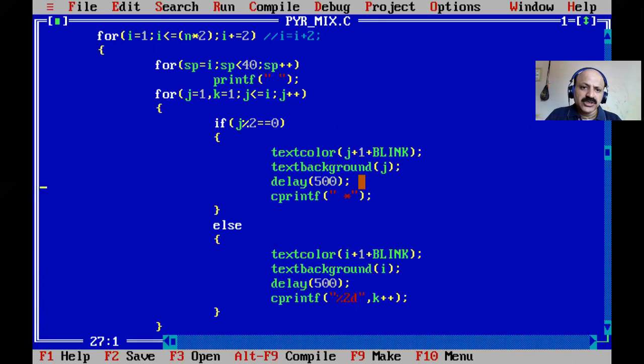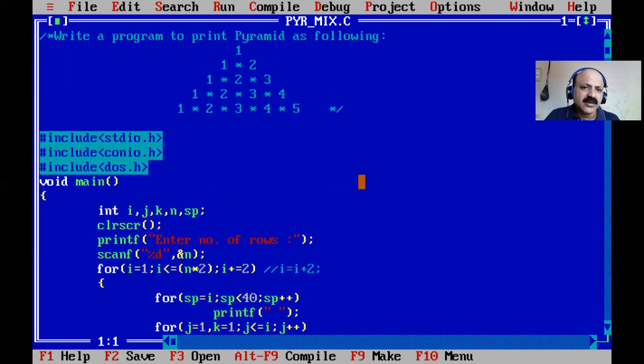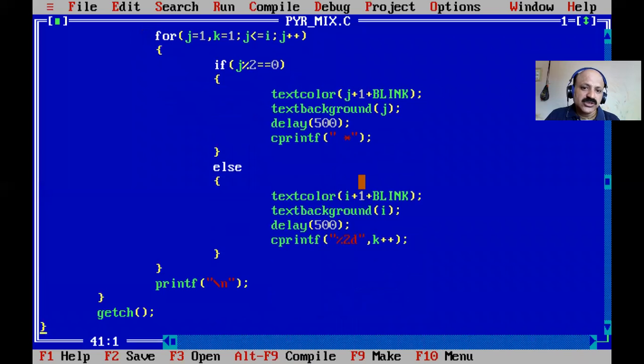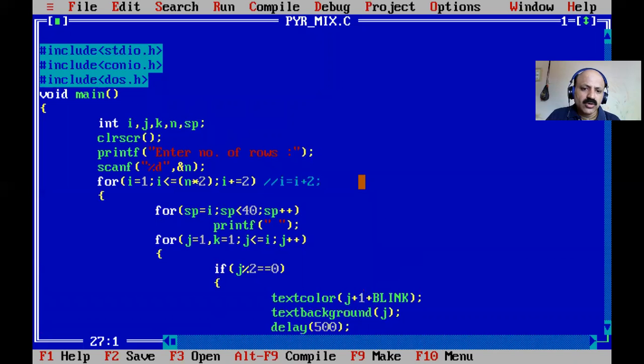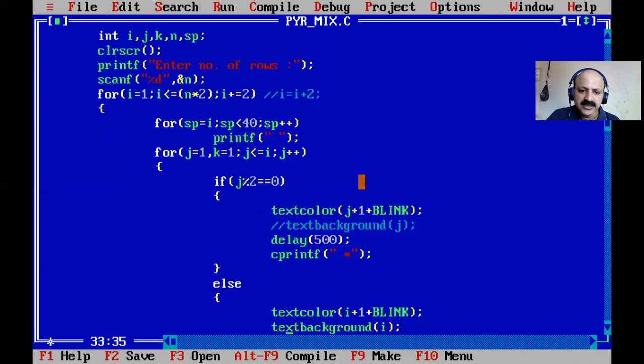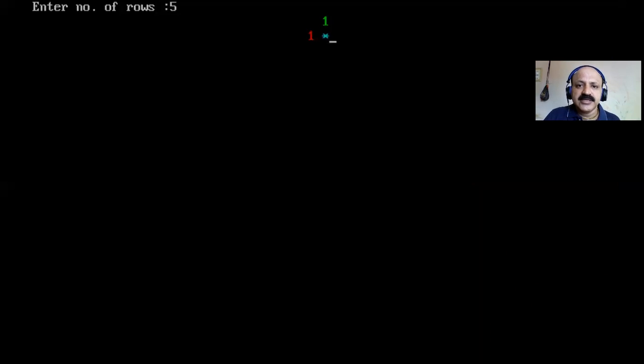Sometimes I do the decoration first because the logic is simple. But here we should first trace our logic step by step and then add some decoration. And if you don't like the background color, you can just comment that line, because without background color it sometimes looks better. So let us print one last time. Sometimes it also looks good in the same color. We can also test the same color, which is also a mixed pattern and mixed coloring.